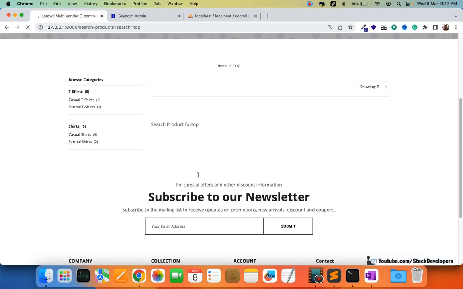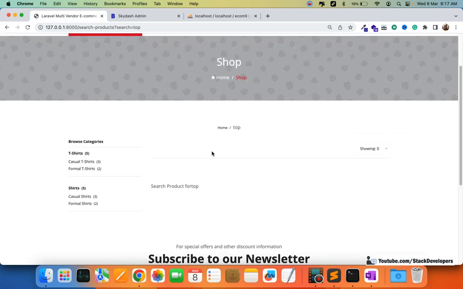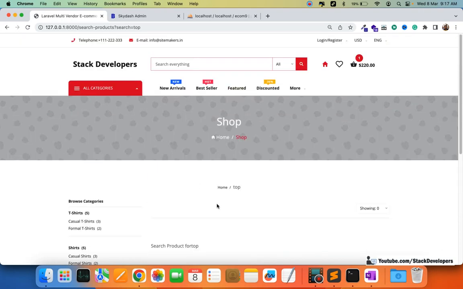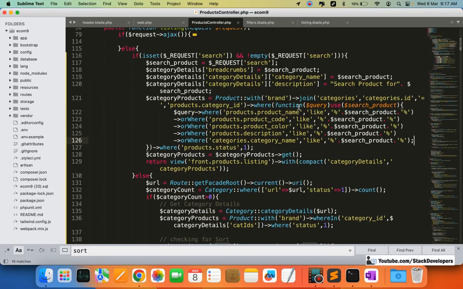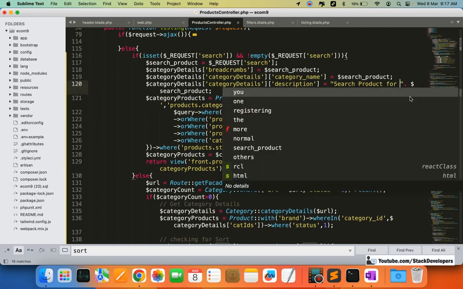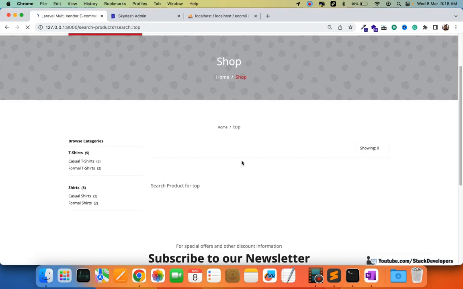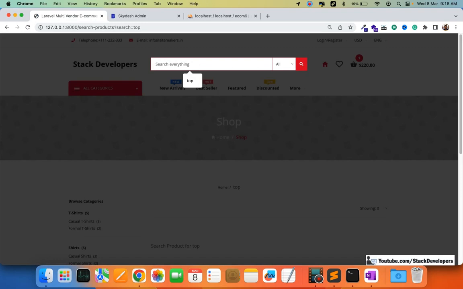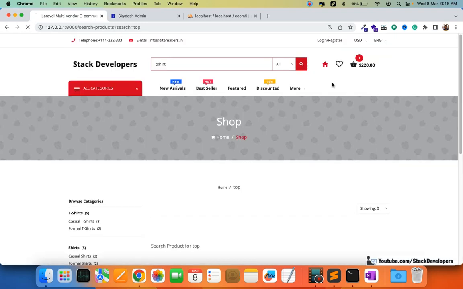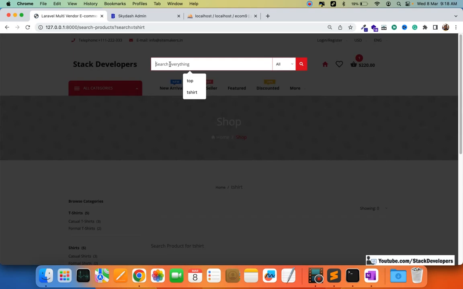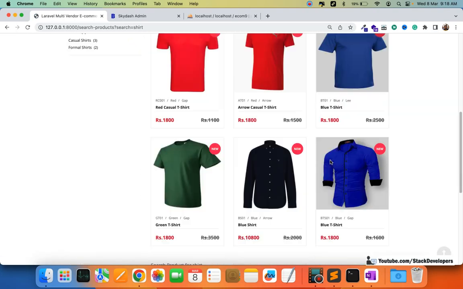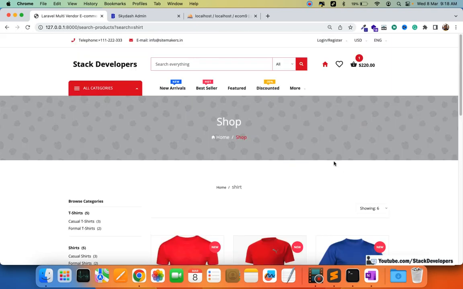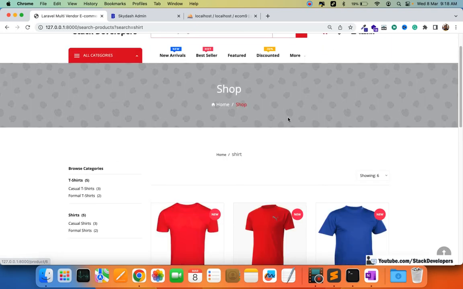Okay, so now see, it is working fine, and you can see nothing is searched for now. Search product for top, and here also in description we need to have some space, search product for like this one. Now search product for top is not there. Unfortunately we don't have any kind of product t-shirt. I'm going to search for the shirt. Okay, shirt, it will come as the t-shirt, as there is space in t hyphen shirt. You can see the number of t-shirts have come if you search for the shirt, and